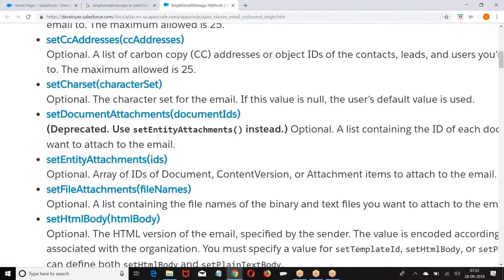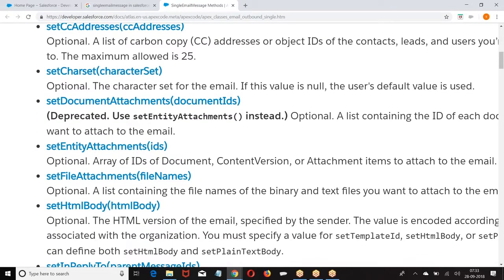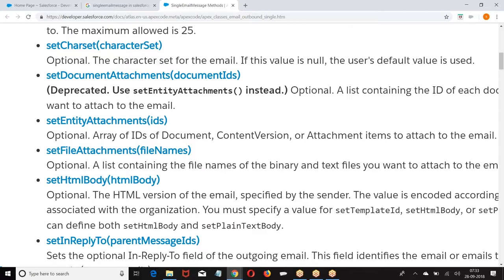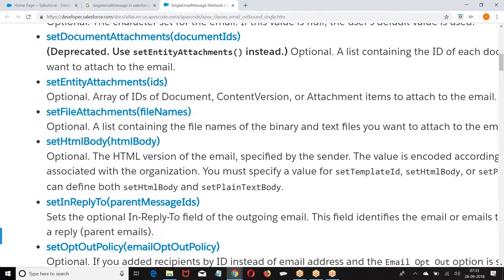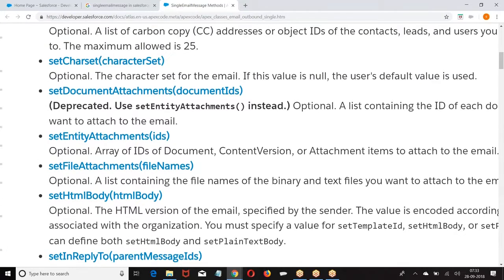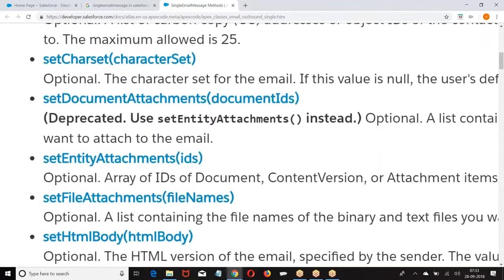Then set char set. When you receive, you get UTF-8 format, UTF-16. Sometimes you open the mail in UTF-8 format. In case you want to attach any documents, set document attachment is removed and set entity attachment, which we previously used, is now removed.